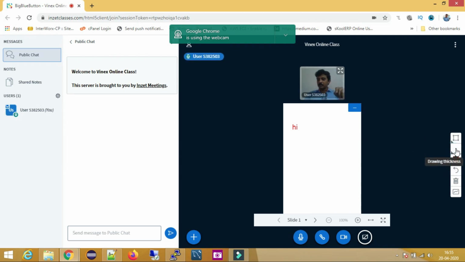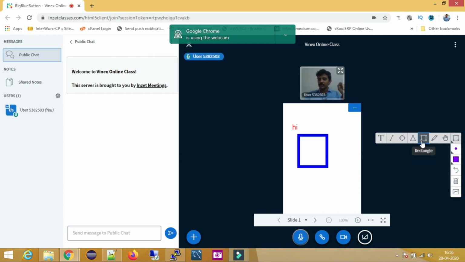At the same time you can select the width of the shape, the width of the borders, and you can select the color and draw something, and again a different color, a different shape. Like this you can use the whiteboard to explain your class.